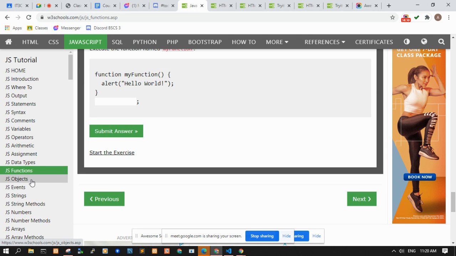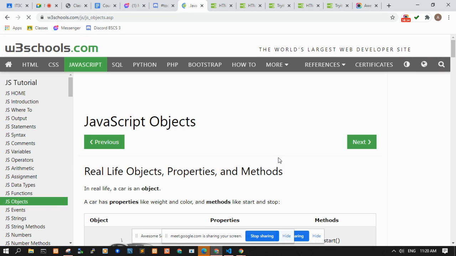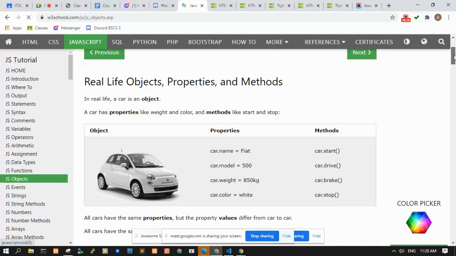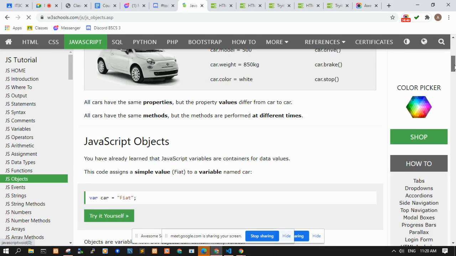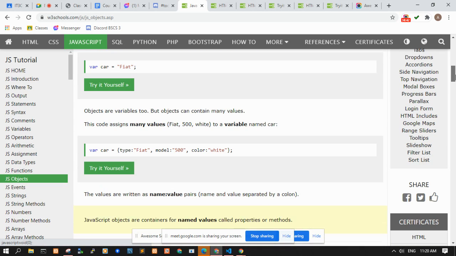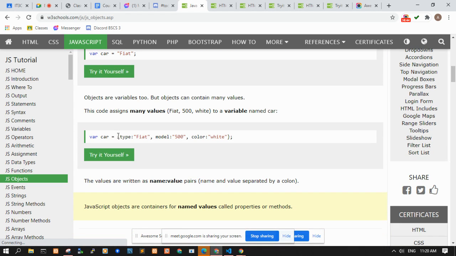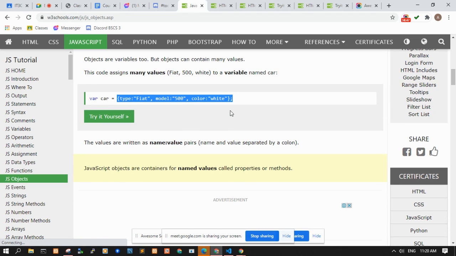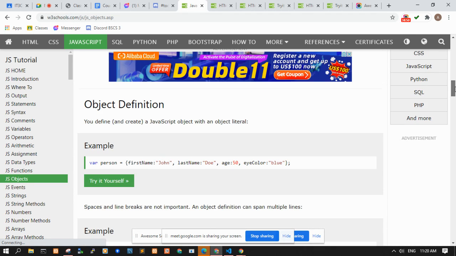And objects, so ayan, of course objects refers to real life objects. We can just declare them using key value pairs with the open and close curly braces.